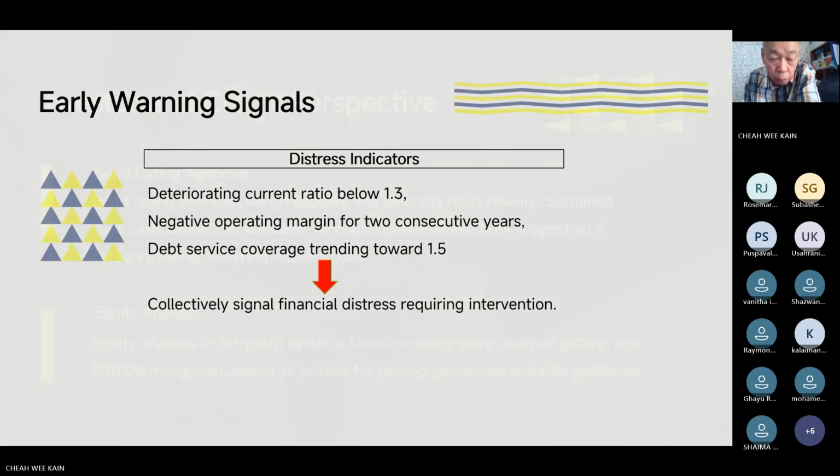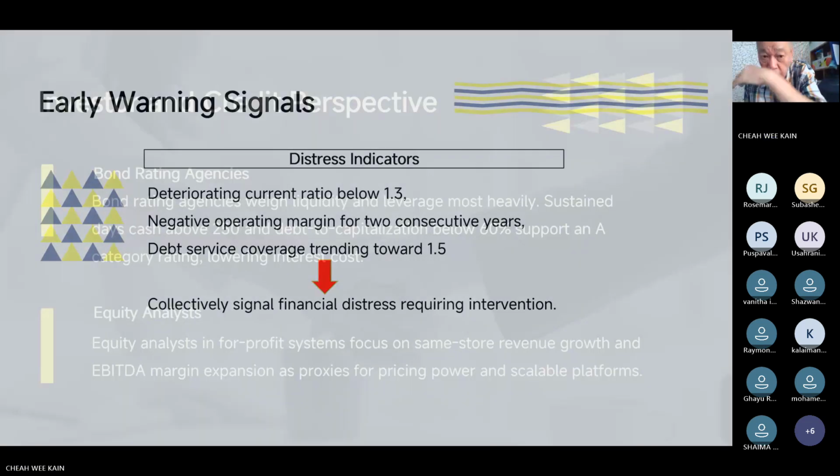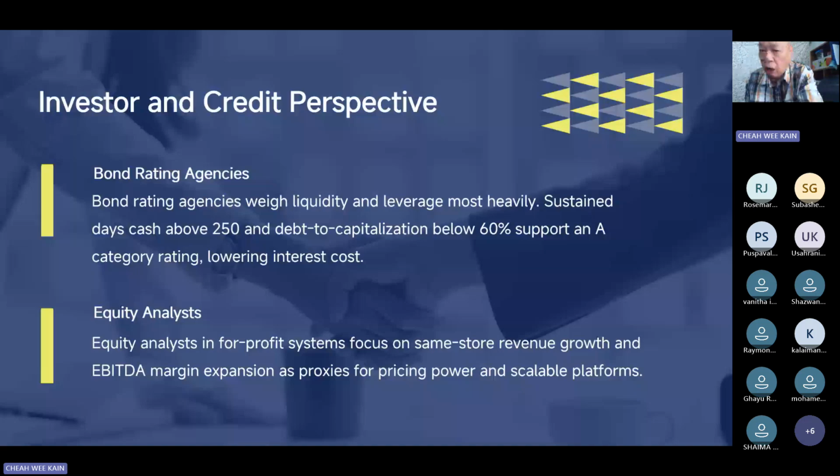So bond rating. Now, if your company is public listed, or if your company got shares in the stock market, or your company got bonds, bonds means company IOU, okay, company IOU certificate. You give the money to the bank, the company give a certificate. It says that, oh, the bank, the company owe you certain amount. I mean, within 1 year, we will pay you back or whatever it is. Okay, so these are all called bonds.